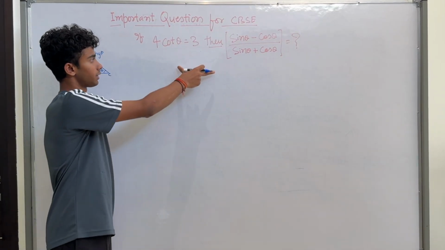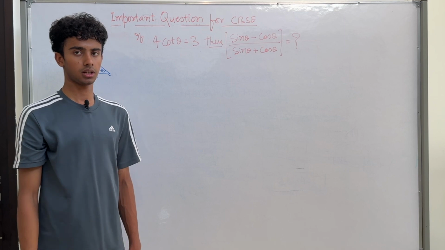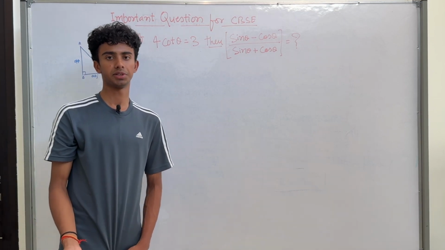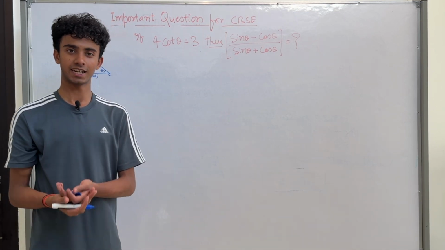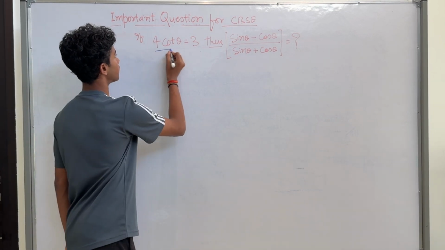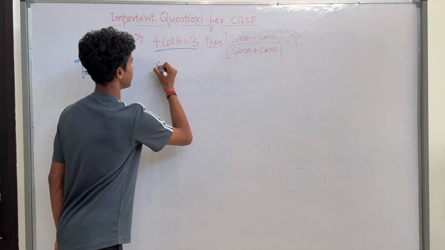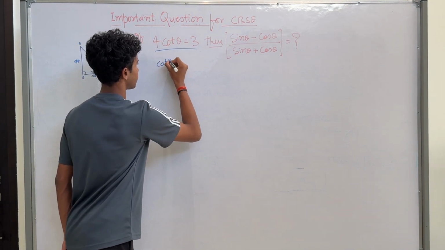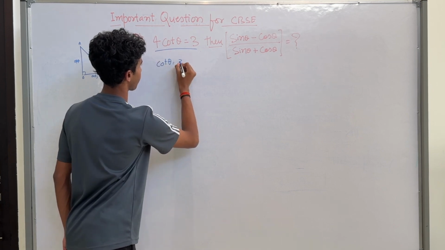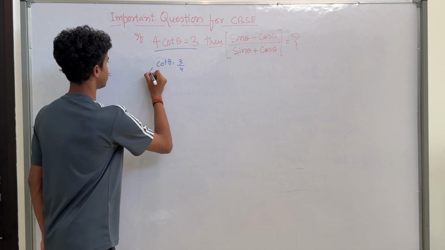The question given on the board might look like a complicated question at first glance, but it's from the first chapter of trigonometry, and obviously if it's from the first chapter, it is a very easy question. So our first statement, 4 cot theta is equal to 3. Let's rewrite it as cot theta equals 3 by 4. We're just transposing it there. And then we know that cot theta,